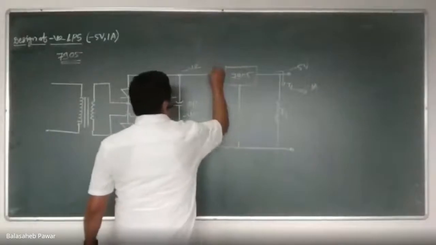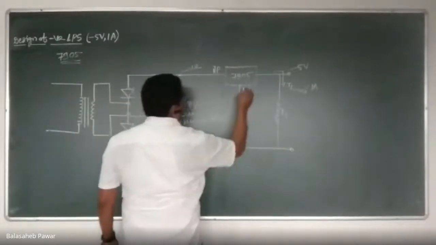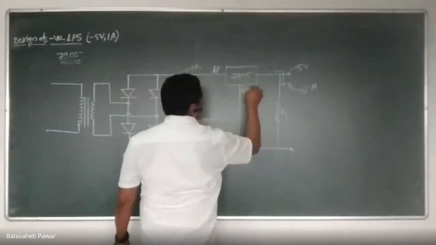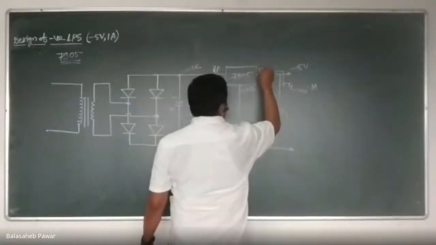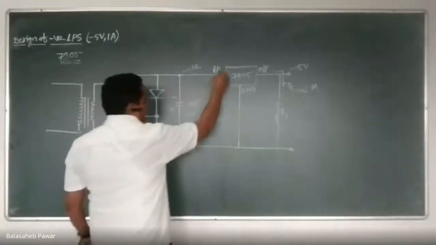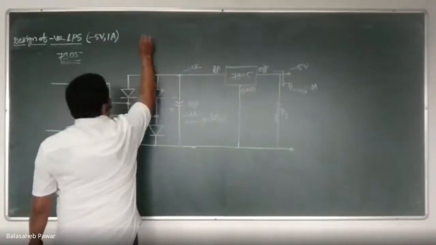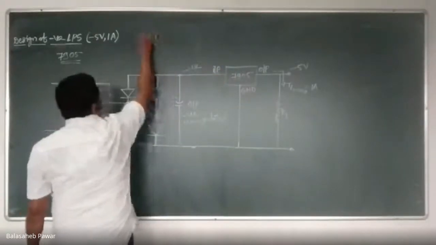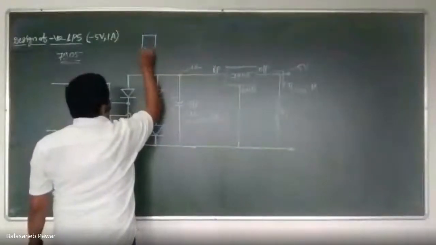This is nothing but the input pin of that regulator. This one is the ground pin of that regulator IC, a 3-terminal IC, and this one is the output. Okay, the assigned pin numbers, that IC regulator will look somewhat like this. I will try to show you here.